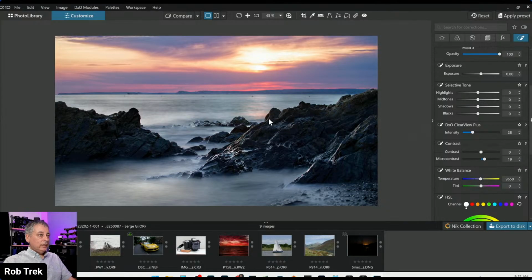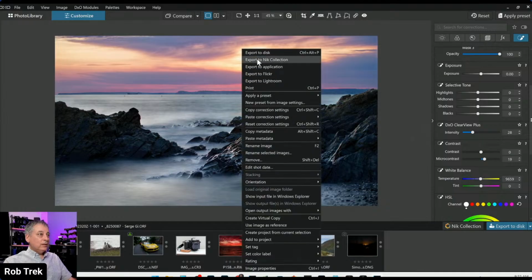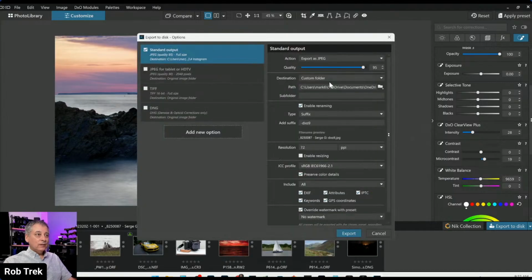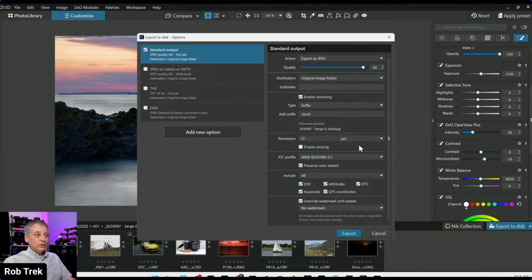All right, let's call it there. So let's export to disk. I'm going to export to the original folder. We'll call it DxO9 sRGB. So when you export as JPEG, you want to make sure your ICC profile is set to sRGB. And that's so that when you post it to, say, Instagram or Facebook or whatever, it'll display the colors properly